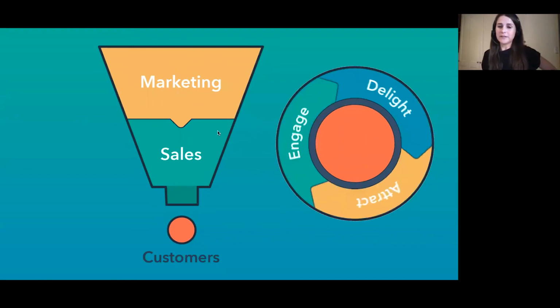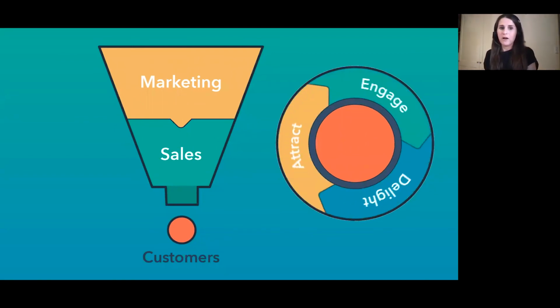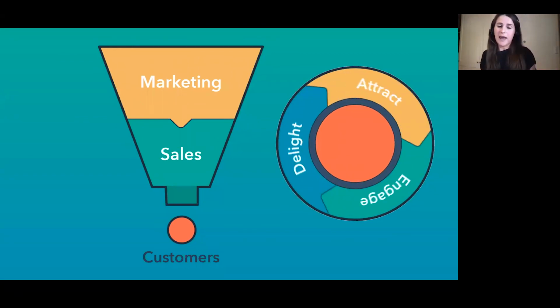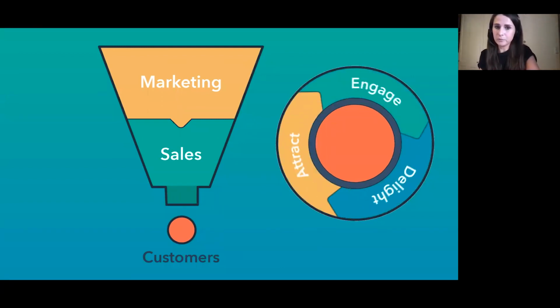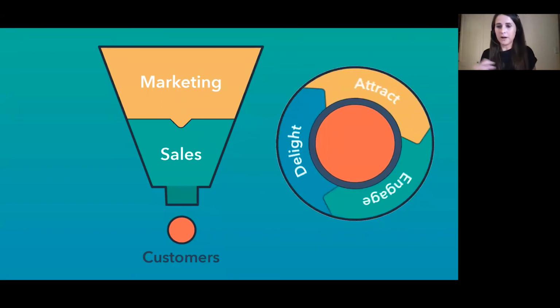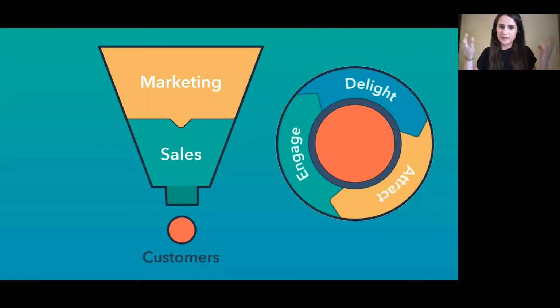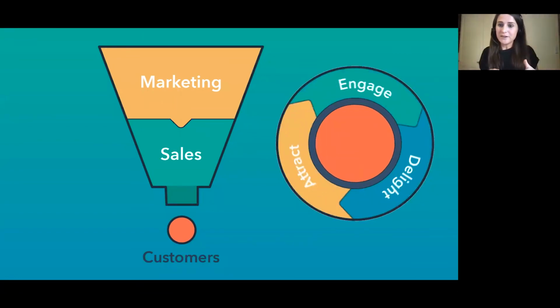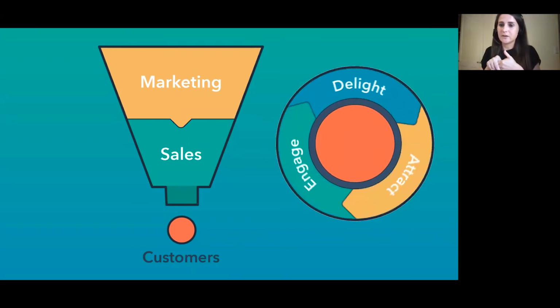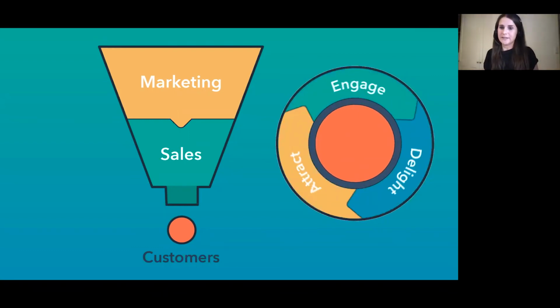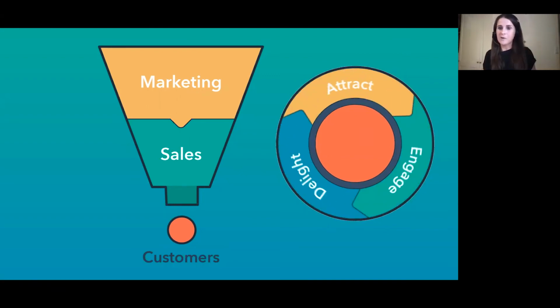So just to give a bit of context of this, here on the left you have the traditional sales and marketing funnel, where marketing gets leads, gets those MQLs, sends them to sales, and then the output of that process is customers. So this very much just sees customers as the output. It doesn't really see